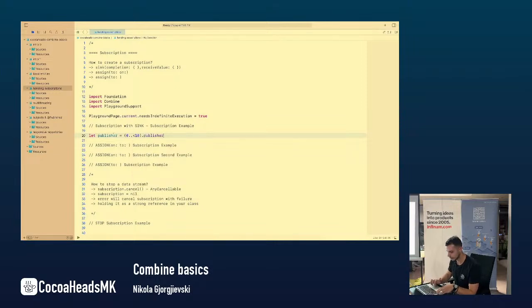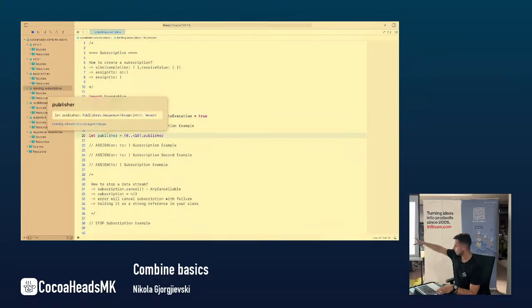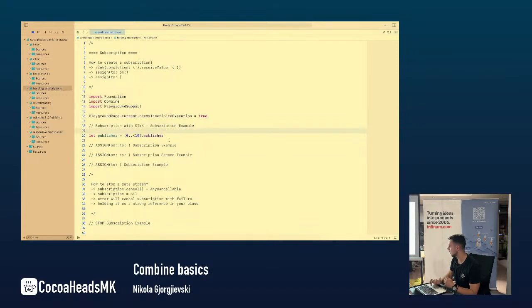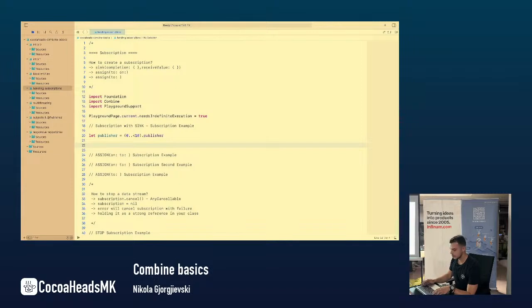If I go, let's hope everything works. You can see, like I said, it's a sequence publisher. Those are the limited publishers we have in the Combine framework. They emit values, and now I'll try to make a subscription using a distinct subscriber. You can do this by, so let's see,